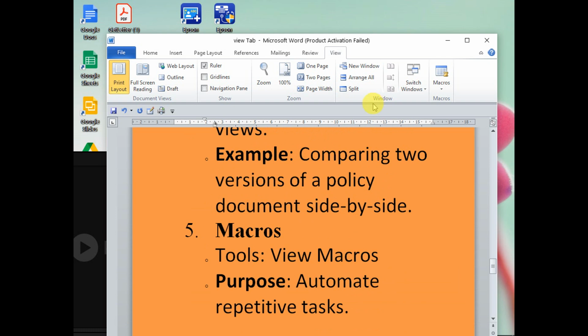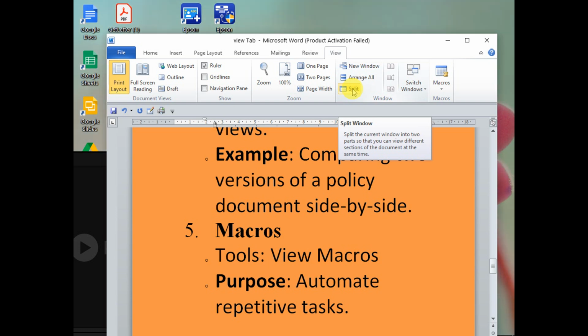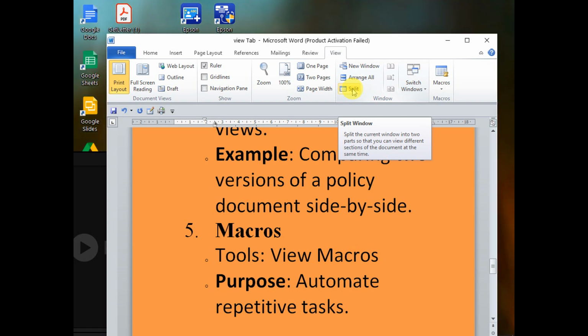So the tools of the window: you can split the current window into two parts so that you can view different sections of the document at the same time. Ukuthi iwindow uhlukanise libe amawindow angaphezu kwalodwa bese kuthi iy'ngxenye zedocument ukwazi ukuyibona kanye kanye.